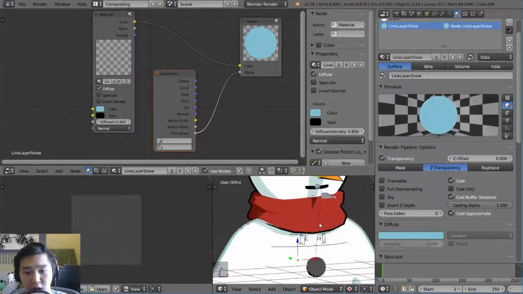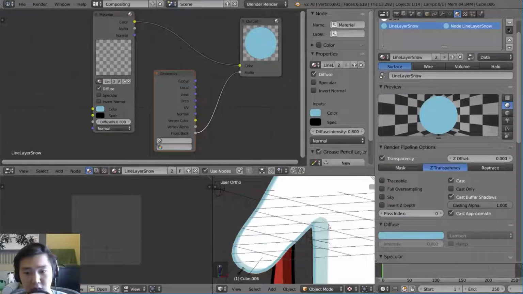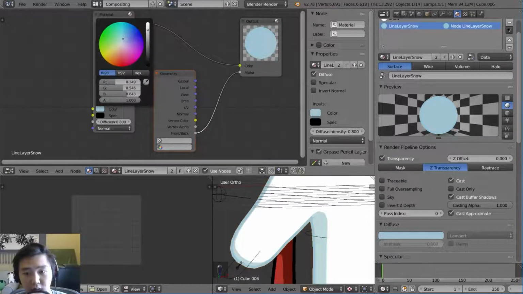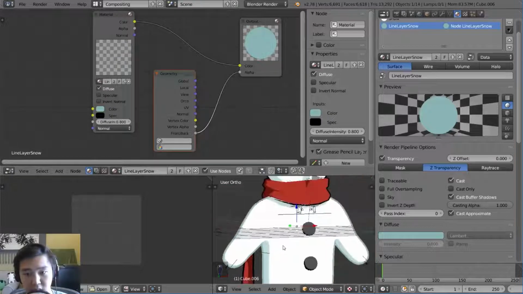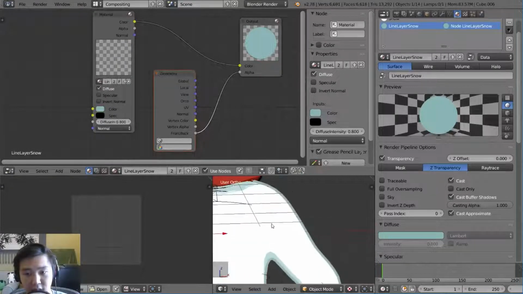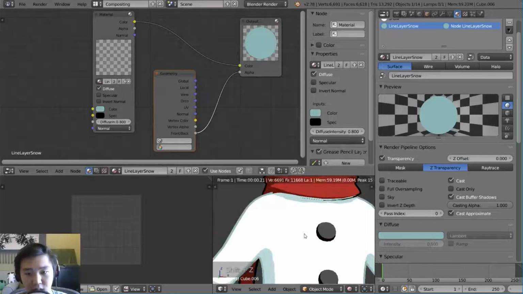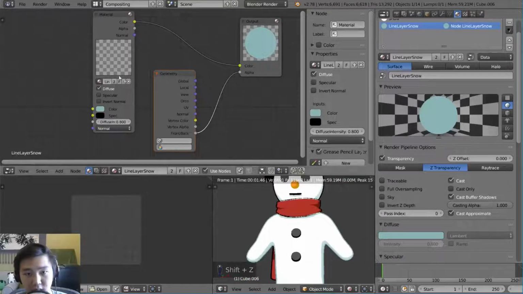So let's take a look at this. You have the shadow color there, and I want there to be a similarity. I don't want it to be dark blue. I want it to be light blue, but a darker light blue than the shadows, if that makes sense. Let's see what we can do here. Yeah, something like that. It gives them a very soft edge. Let's take a look at this rendered. Yeah, it gives them a pretty soft edge.